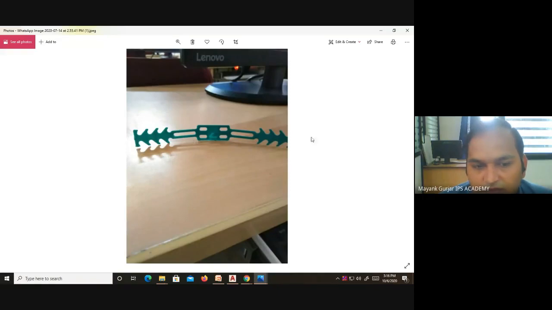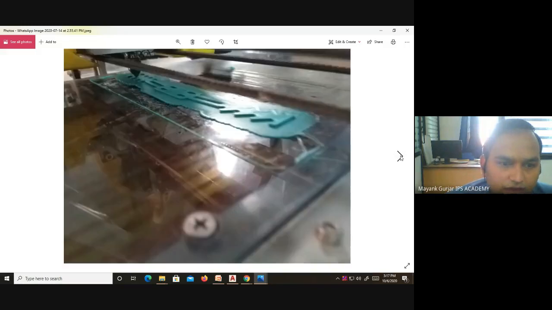So this is printed in our lab. This model is available on the internet. You can easily download it and print it.